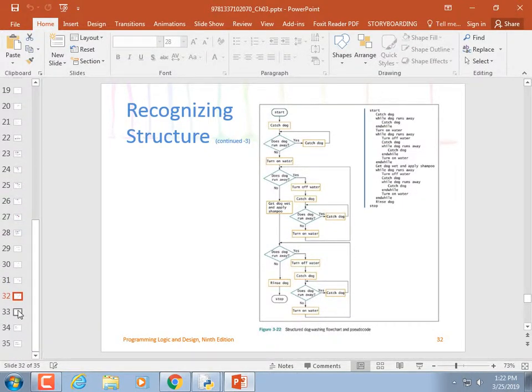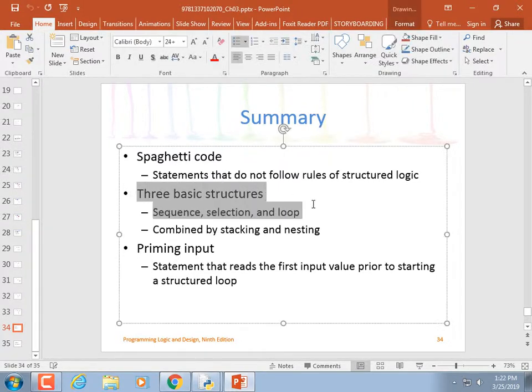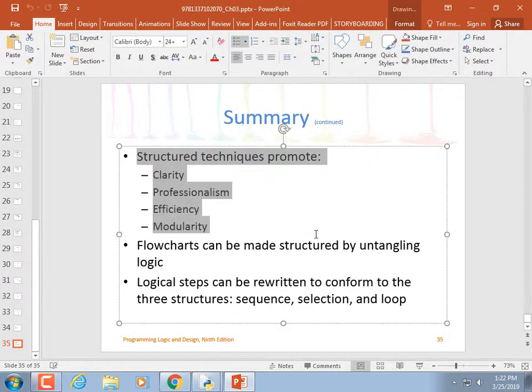We are about at the end of the chapter. So, summary: spaghetti code does not follow the rules of structured logic. Here are your 3 basic structures, sequence, selection, and loop, which are combined by stacking and nesting. We know what priming input is now. We know what structured code does. It makes your code easy to read and maintain, and makes it modular.